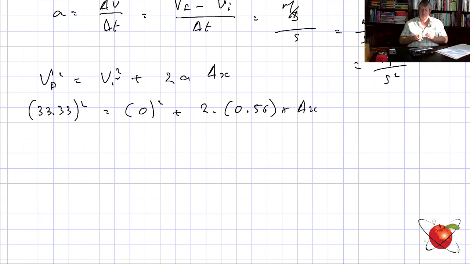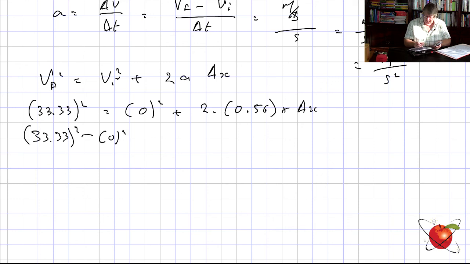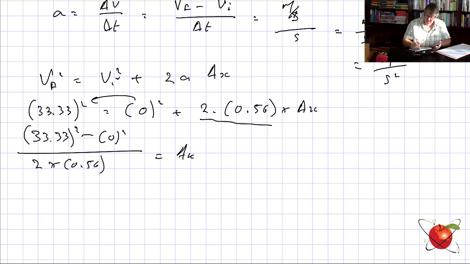Let's have a look. Well, 33.33 squared, we're looking for delta X, right? So delta X is going to be 33.33 squared minus 0 squared. Can you see that's gone to the other side? Divided by 2 times 0.56 must be equal to delta X, which is then going to be equal to, let's have a look here, 33.33 squared is equal to that, okay? Divided by 2 equals, divided by 0.56 equals